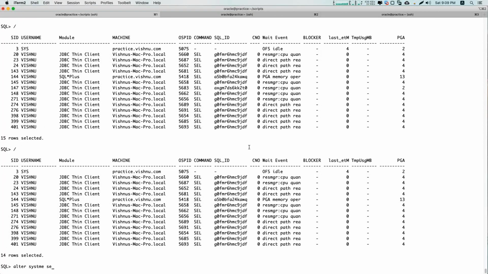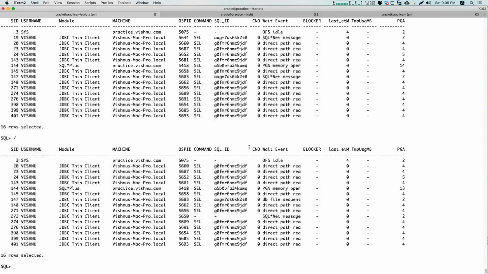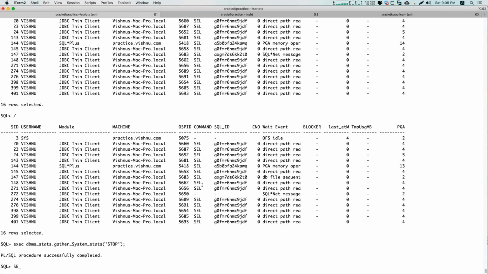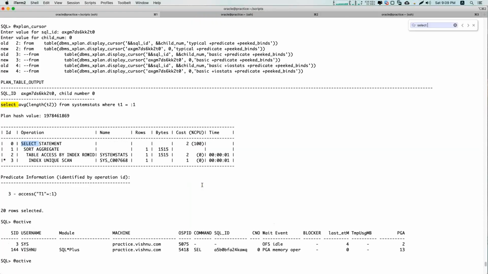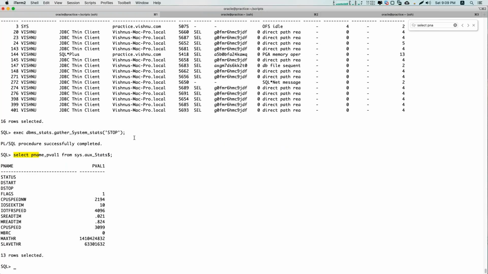So the results manager kicked in. I don't want this screwing up our results. So I'm doing more full table scans here. Okay, that is all right. Now I'm going to stop the thing, and I'm going to stop the system statistics gathering as well. I don't want to type the entire thing over and over again. So here,